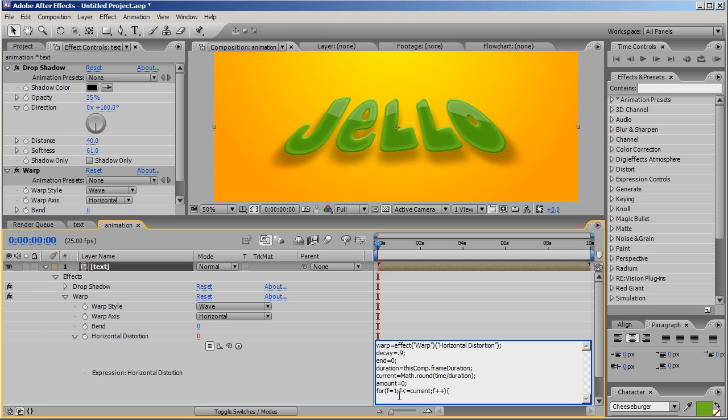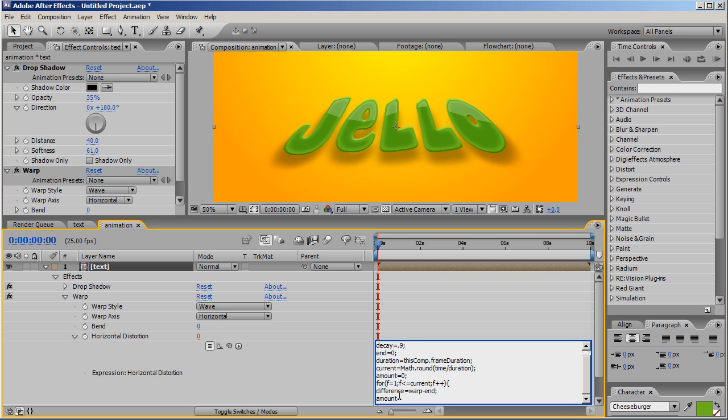Now we have to work out the values as they build from frame 1 of our movie. So I'm going to create a new variable. I'm going to call it difference. I'm going to set it equal to warp, which is the value we set right at the very start, minus our end value. So in other words, it's looking at the current value of warp and it's seeing the difference between that value and the one we want to end up on, which is 0 in this case. Semicolon. And now amount